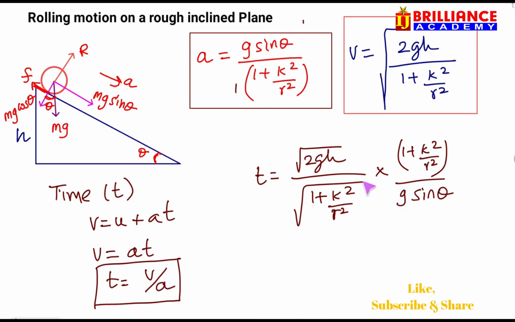So what happens, see this one time it is getting cancelled, so the root will come to the numerator. And this root g that is there will get cancelled, and here the root will come. So if you combine everything and write,